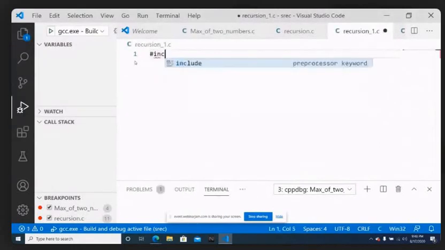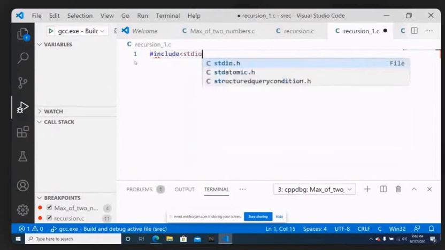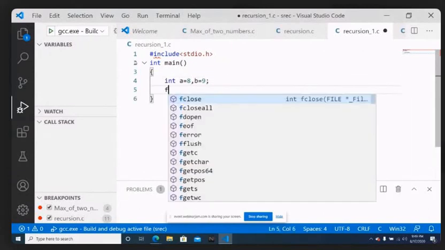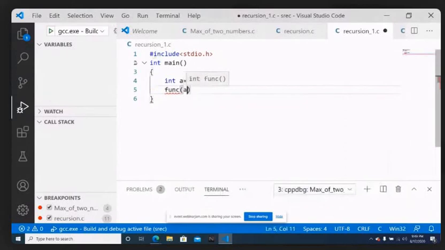The file is going to be #include stdio.h. It is going to be an integer main function, where I'm going to take integer a equal to 8 and b equal to 9. I'm going to call the function func, passing the a and b values.